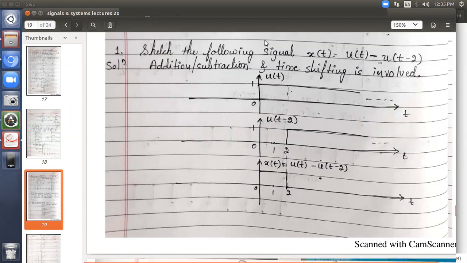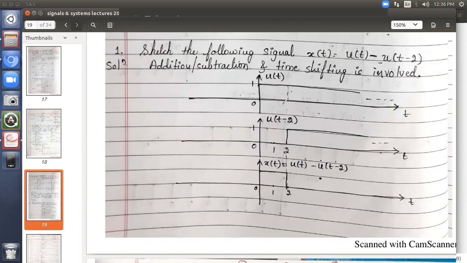If you see this question, we need to sketch the signal. Here u of t is not given to you. In the question the signal u of t will not be given, because u of t is one such elementary signal whose drawing you should know. So the solution starts from drawing the signal u of t. We have already solved this. I am just recalling it because it's been a long time, probably the last week. So let me just revise it.